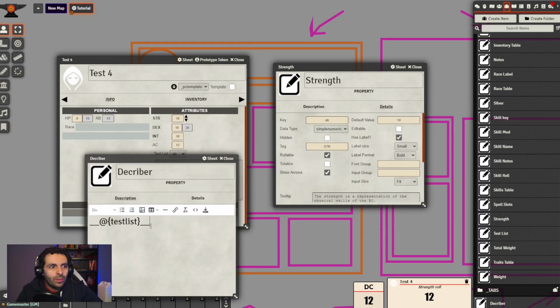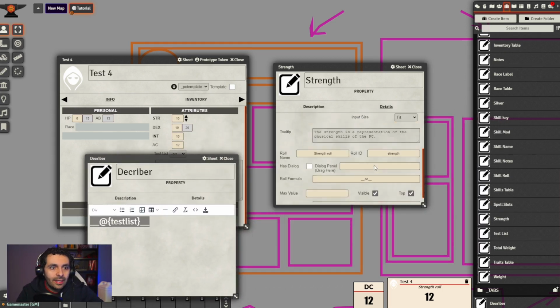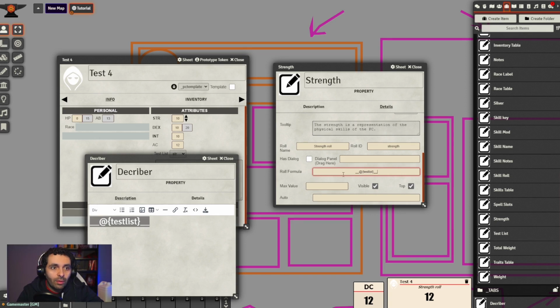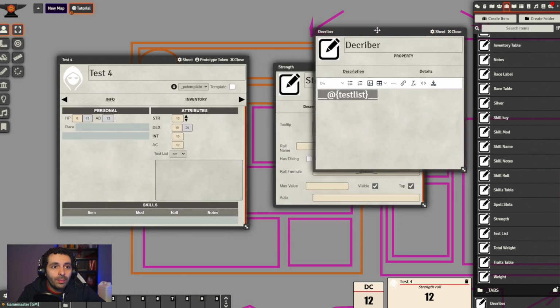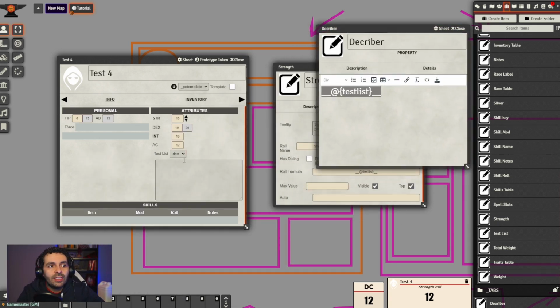Okay, so if I include this in the role formula of the strength property, and I choose here dexterity, and dexterity is, let's say, 7, and I click on strength, it returns the 7 because I have the test list selected as dexterity.